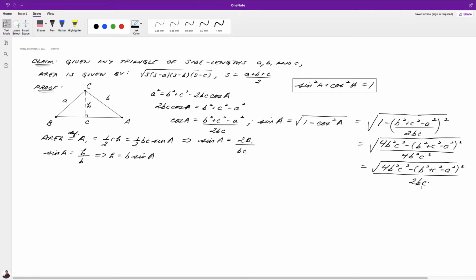Okay, so we've got a couple different expressions now for the sine of big A. And we can set those equal to each other. Sine of big A is, after all, equal to the sine of big A. So we have as follows: 2a1 over bc is equal to the square root of 4b squared c squared minus the quantity b squared plus c squared minus a squared all squared over